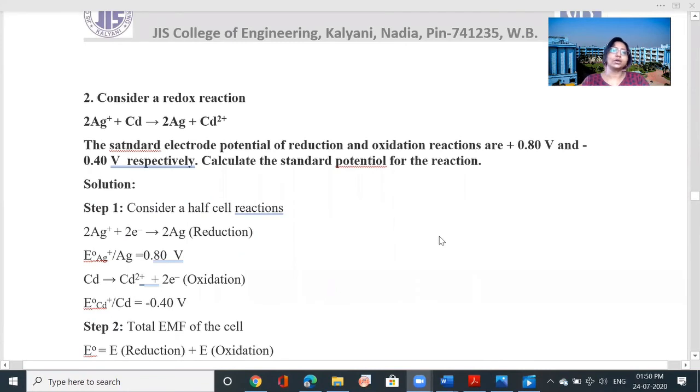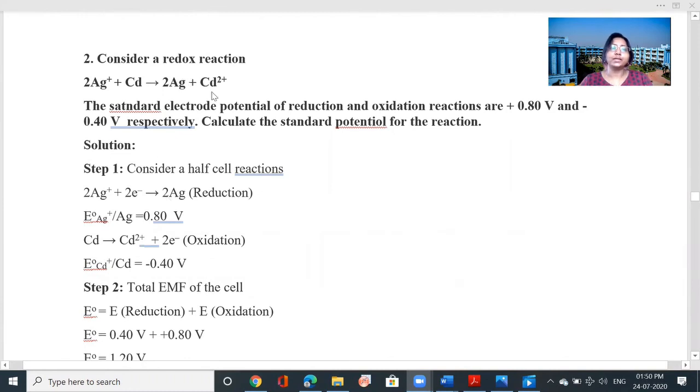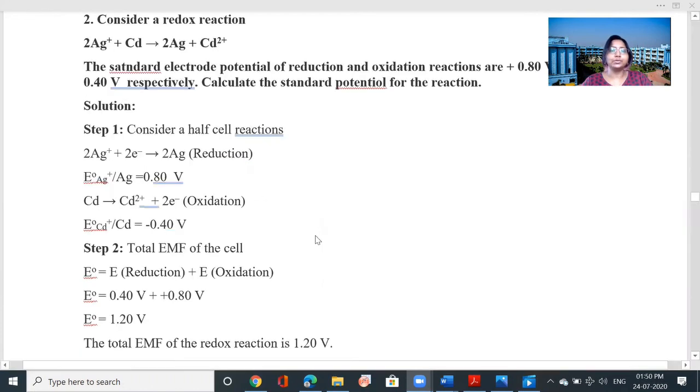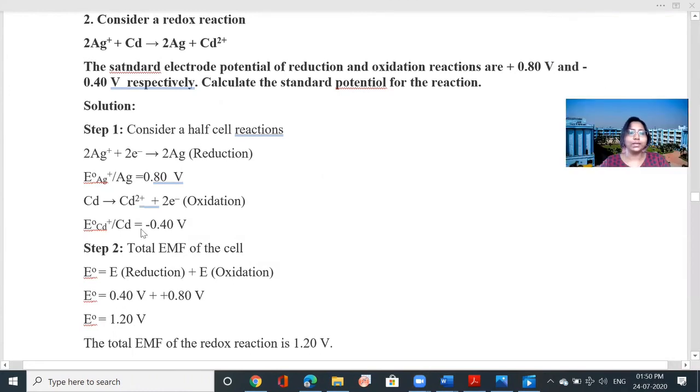Okay, so next, consider another reaction, that is silver plus cadmium, and we get Ag+ and Cd2+. So you can tell that silver is reduced and cadmium is oxidized. First of all, we have to consider these two half cell reactions. The first reaction is silver ion plus electron, we get neutral silver, that is the reduction, and the reduction potential given here,